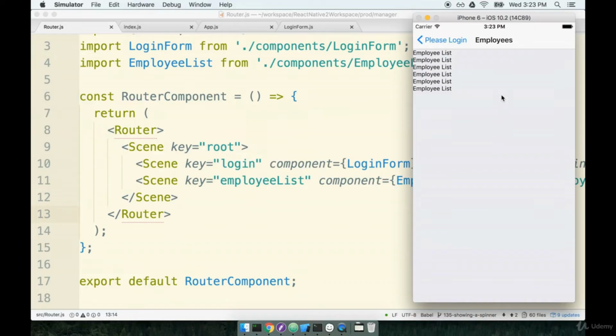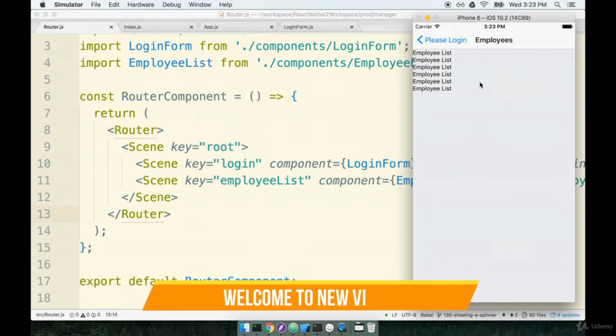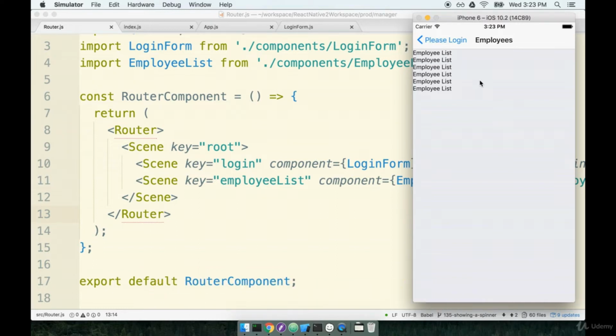In the last section, we were able to navigate between two scenes automatically whenever a user logged into our application. Now there's just one issue that we're running into, and that's whenever we navigate over to the employee list, we get this automatically generated blue button here placed in the header. Now of course, maybe it will make sense to eventually allow a user to go back to the login form